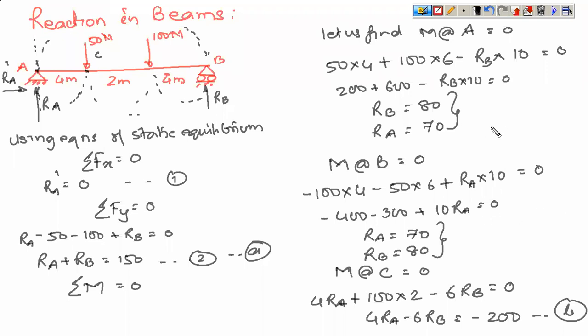ठीक? Sir, 1 minute. What I have done is I have written 1, 2, 3, 4, 5. You could have chosen moment about point D also, and you can write down the sixth equation. So it is your choice what you are writing. The ultimate aim is you need to write down any three equations so that you are finding out these three unknowns.